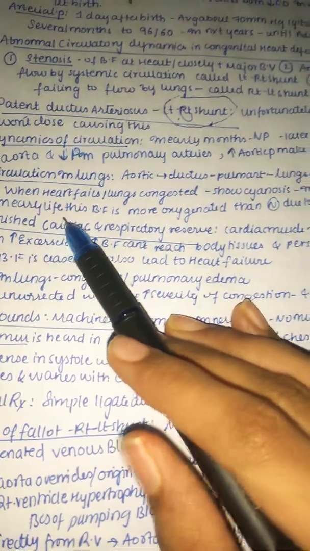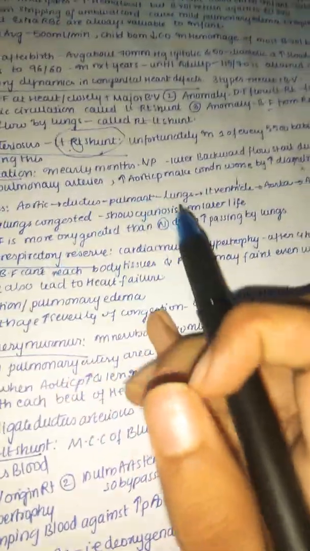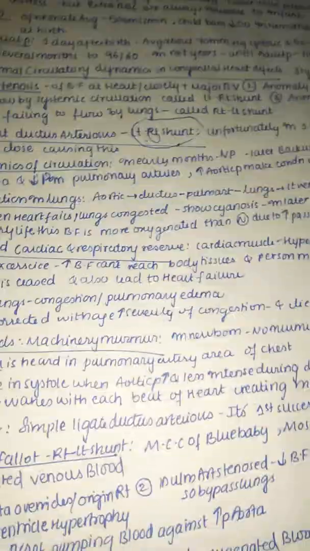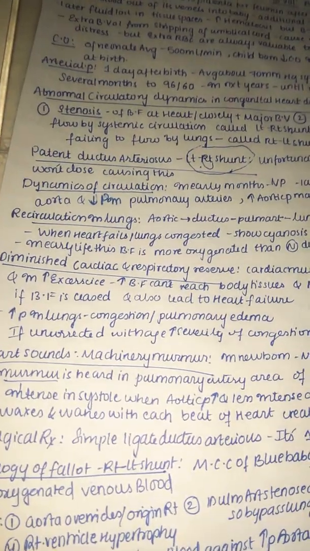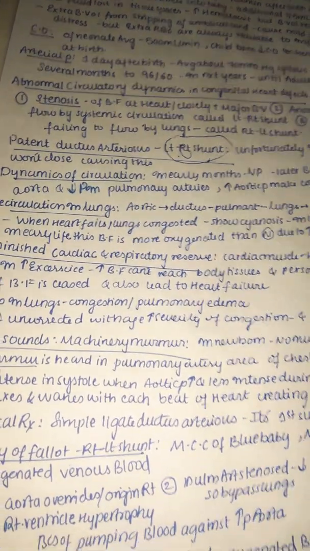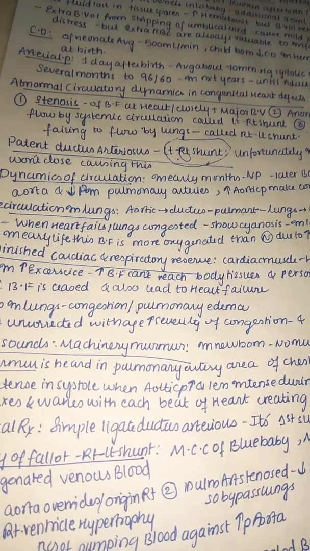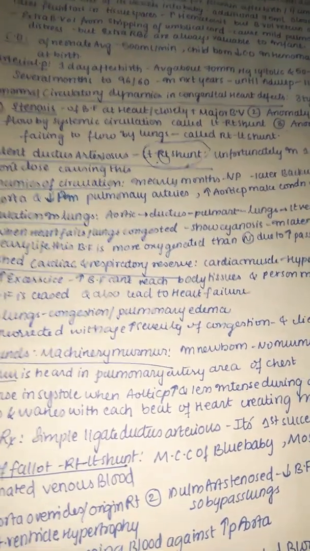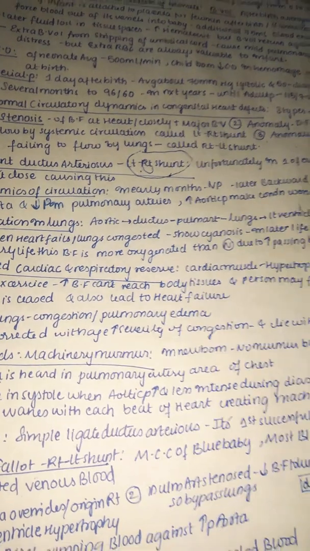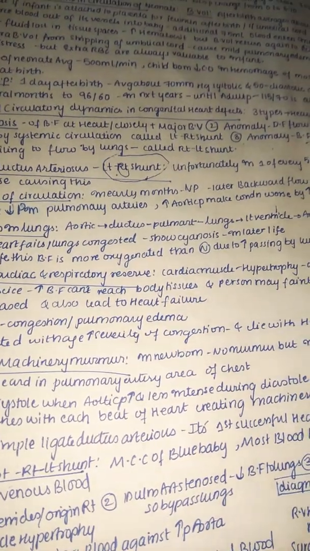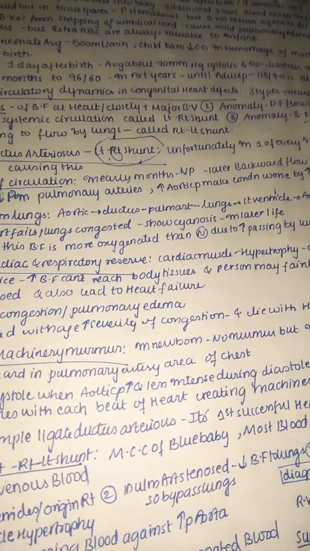So in early life, this blood flow is more oxygenated than normal due to increased passing through the lungs. Normally in early life, we would think it is somewhat beneficial, because you can see here, always the blood is entering from the left atrium to the right atrium and to the right ventricle, and again going into the lungs. So because of this the blood is more oxygenated. Even though it is more oxygenated, it is wasted because it is not able to enter into systemic circulation. So the whole body may become blue color because of cyanosis.